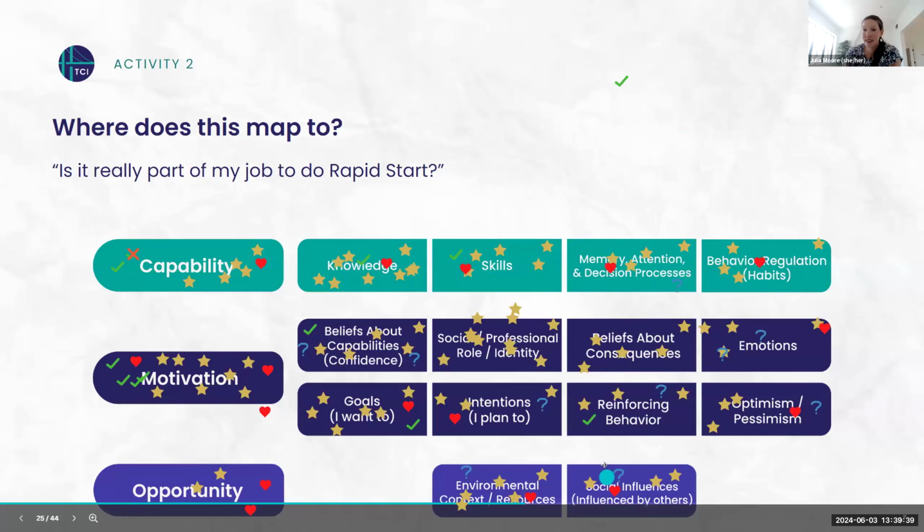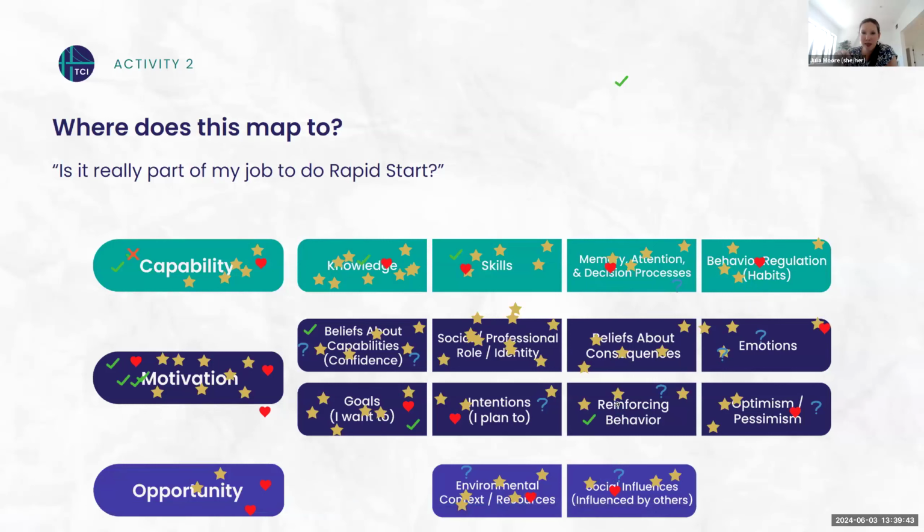What I'm also seeing is lots of checks in other places, which tell me people are starting to think deeper. And what I love about barriers and facilitators is they're like onions. It's not my job is like the first layer of the onion. You're going to peel back that layer, and I can tell that people are already thinking about other reasons that are underneath. It's not my job. And the more we can peel back those layers, the better we can support people to really change. So I'm going to clear these and take us to the next example.